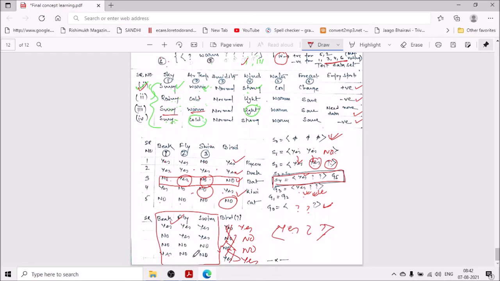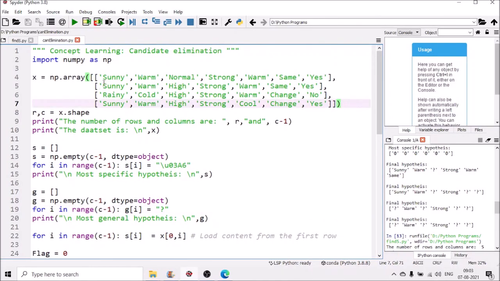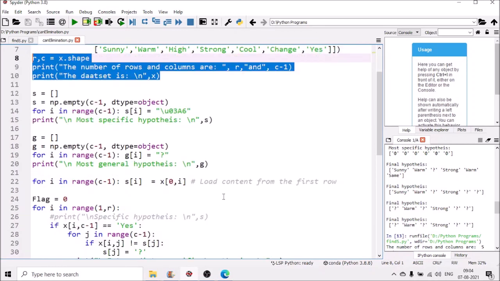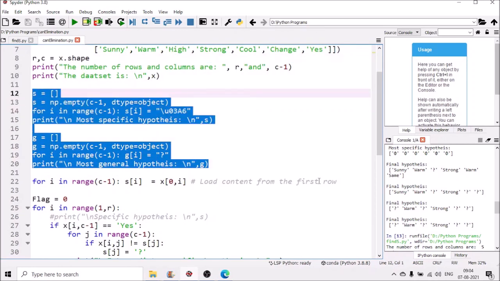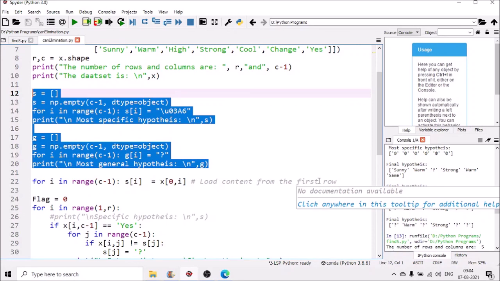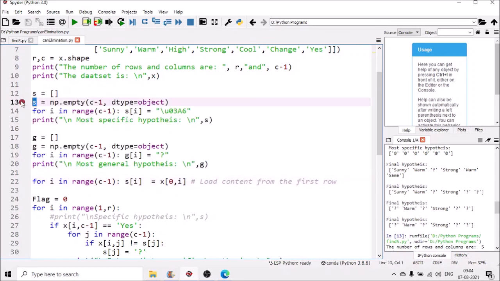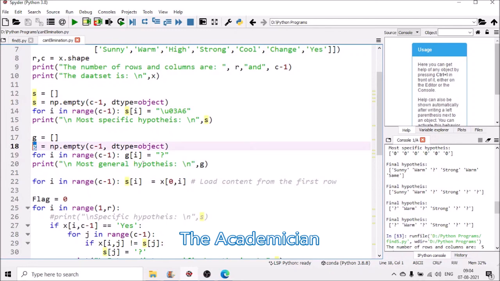And you can just see the Python implementation of candidate elimination. In the Python implementation, we have just identified the most specific S and most general G. So please do the enumeration of the hypotheses in between yourself. Here we have to import numpy as np. Okay, this is our data set. We have to return the number of rows and columns. Here we need two empty arrays, S and G. S to store the specific hypothesis, G to store the general hypothesis.